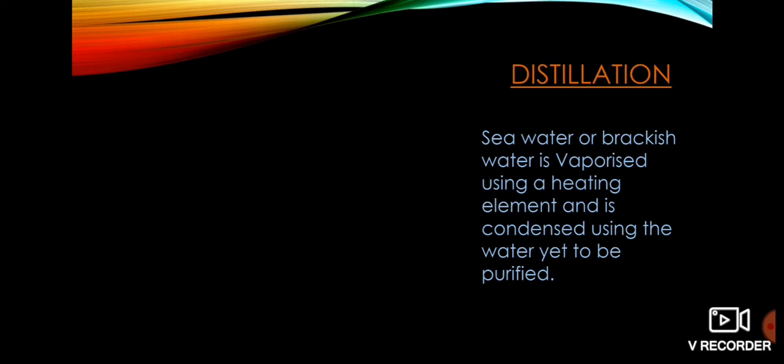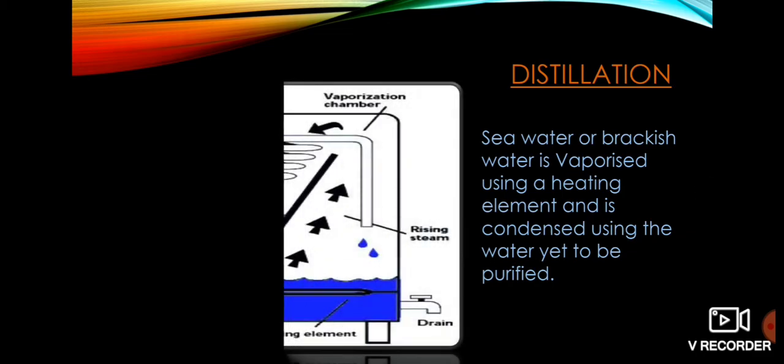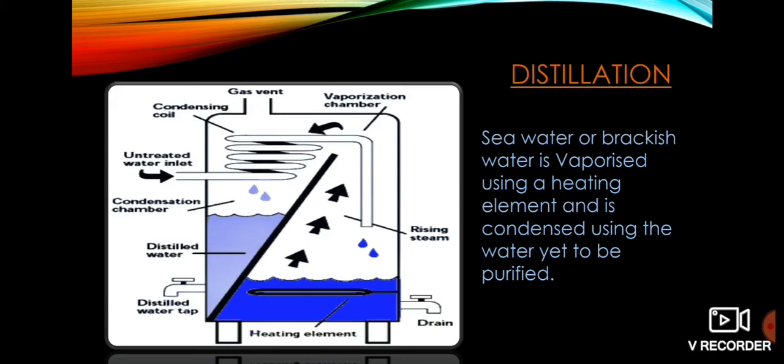Now let's take a look at distillation. We all know the process of distillation. The seawater is heated using a heating coil and is subjected to vaporization. And then the vaporized water is condensed and collected separately with the help of the untreated water, which stays at